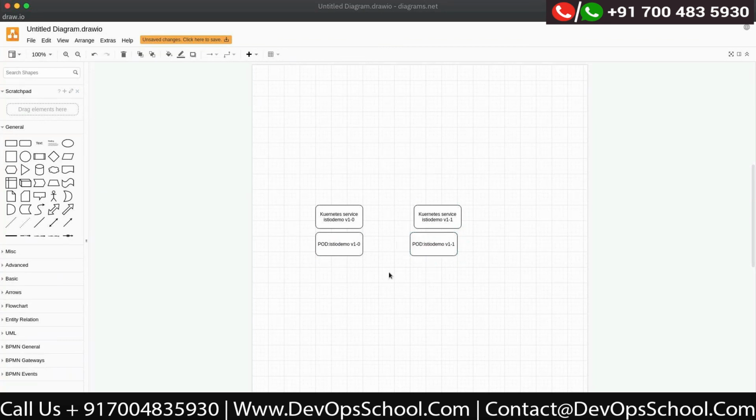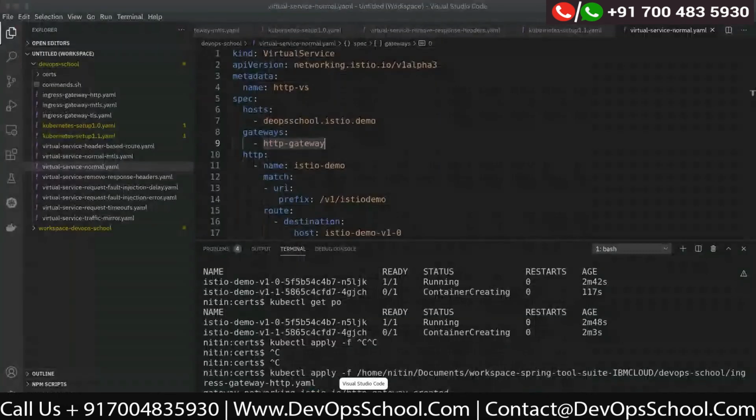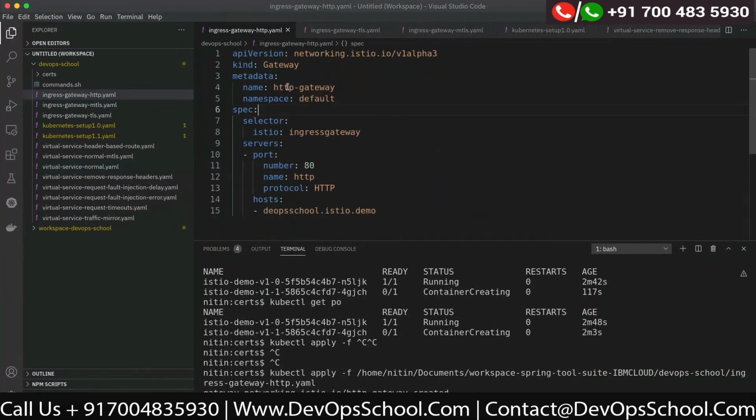Now, next what I'm doing is I've created something called an ingress gateway. But this ingress gateway in itself is nothing. You have to associate it with a virtual service. So this is the ingress gateway which I created. Name was HTTP gateway.